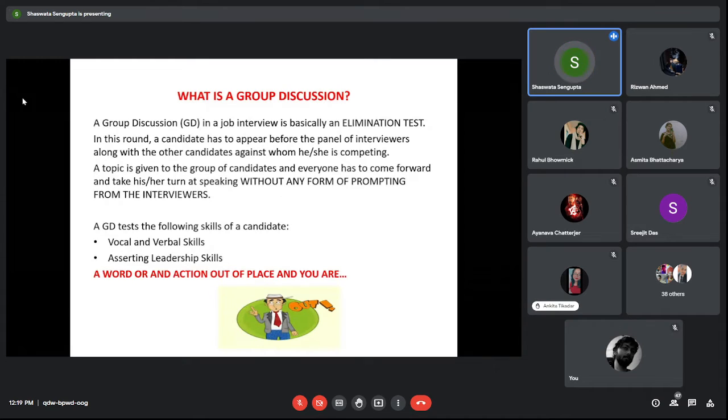So the communicative skills, both verbal and non-verbal, as well as the controlled sense of aggression in the candidate, all these things will be scrutinized by the interviewers. And based on that, they'll be shortlisted for the final round,